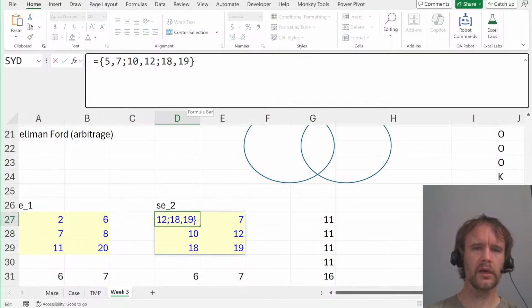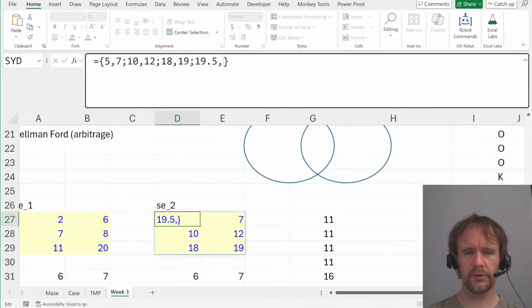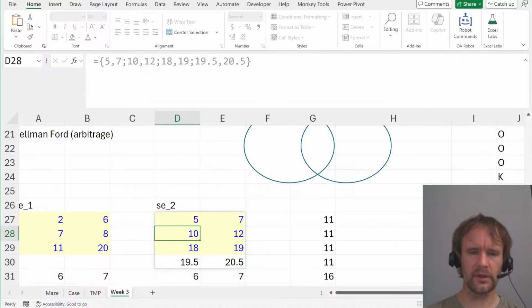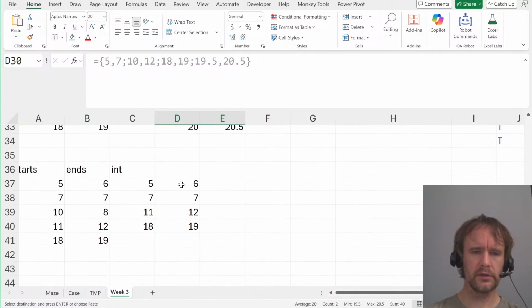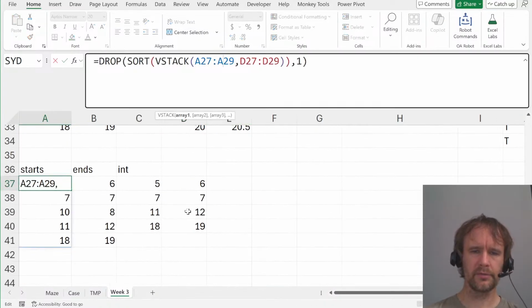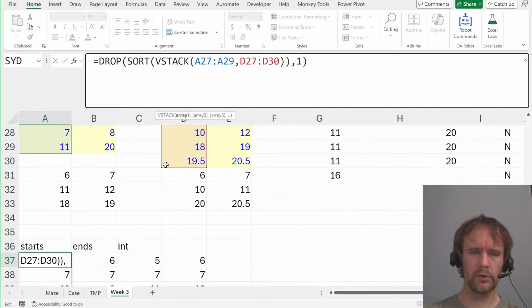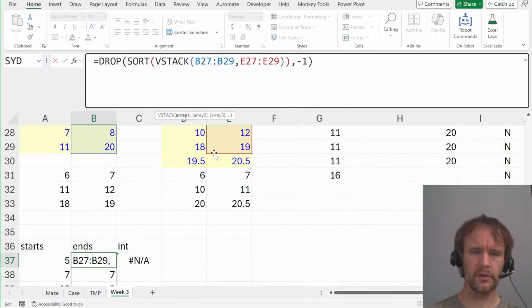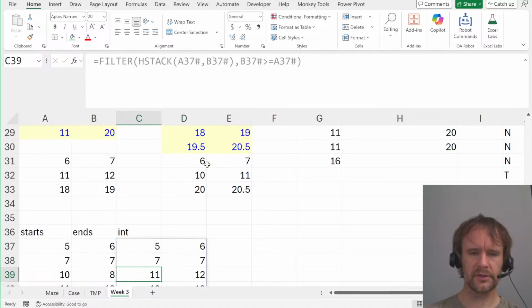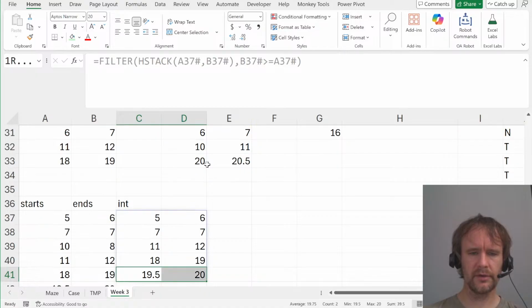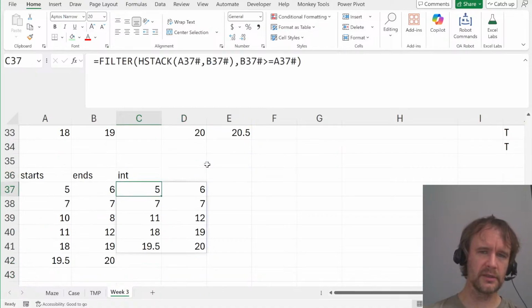So let's try adding, I don't know, let's say 19.5 to 20.5, just for a laugh. Does this still look, oh, sorry, yeah, gotta expand. Boom. So we got 5 to 6, we got 7 to 7, we got 11 to 12, we got 18 to 19, we got 19.5 to 20. That, I mean, it does look right. I'm just not